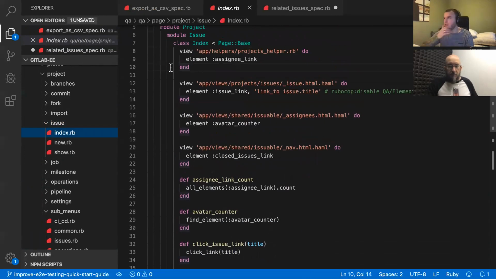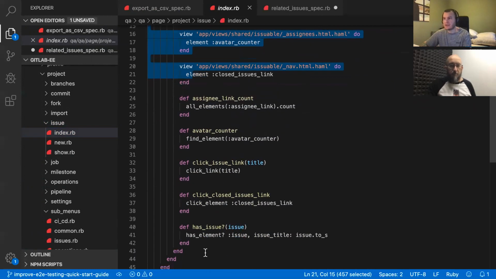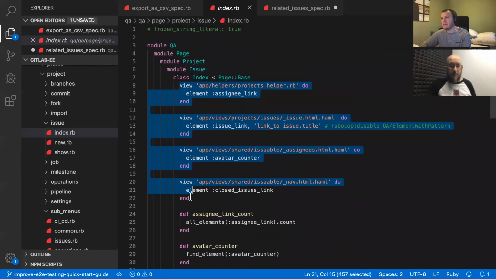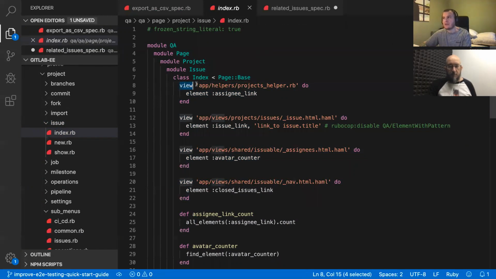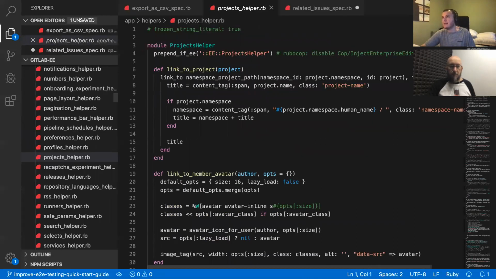One thing that I haven't mentioned in the other one, but it's the same in here, is that we have the elements that are available in this page, and we have the methods that we can use to interact with this page. The elements are defined in this structure here. We define this view block here, which passes as an argument the file where this element is defined. So if we search, for example, for this file here, and we look for assignee link,